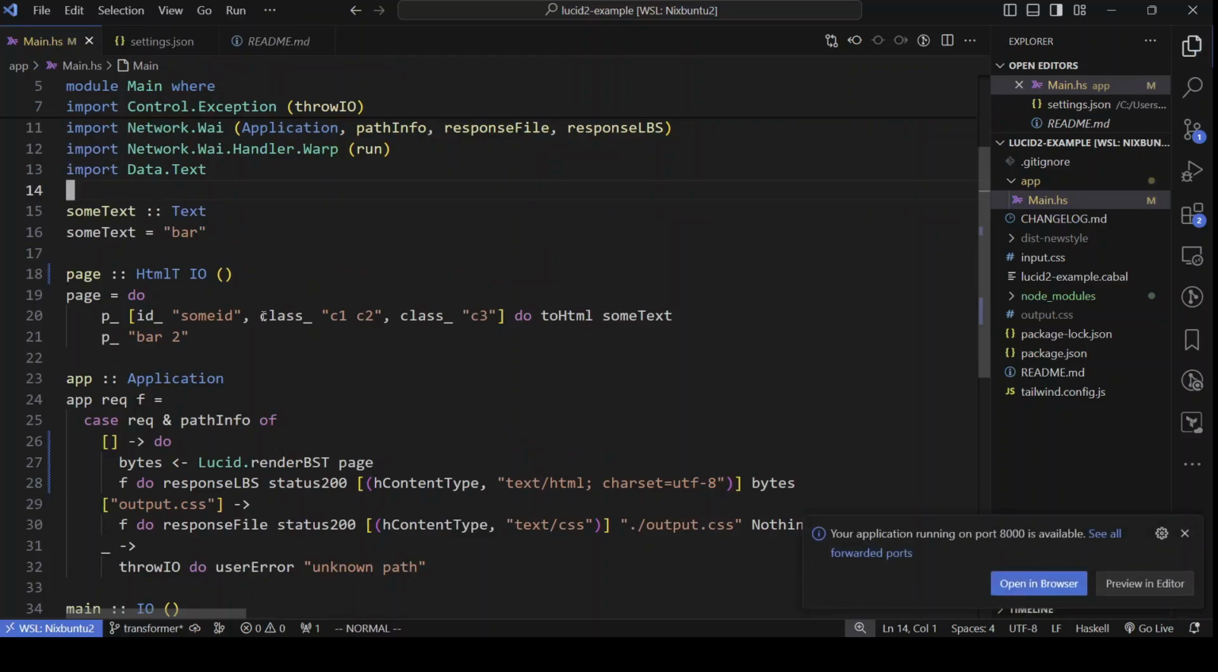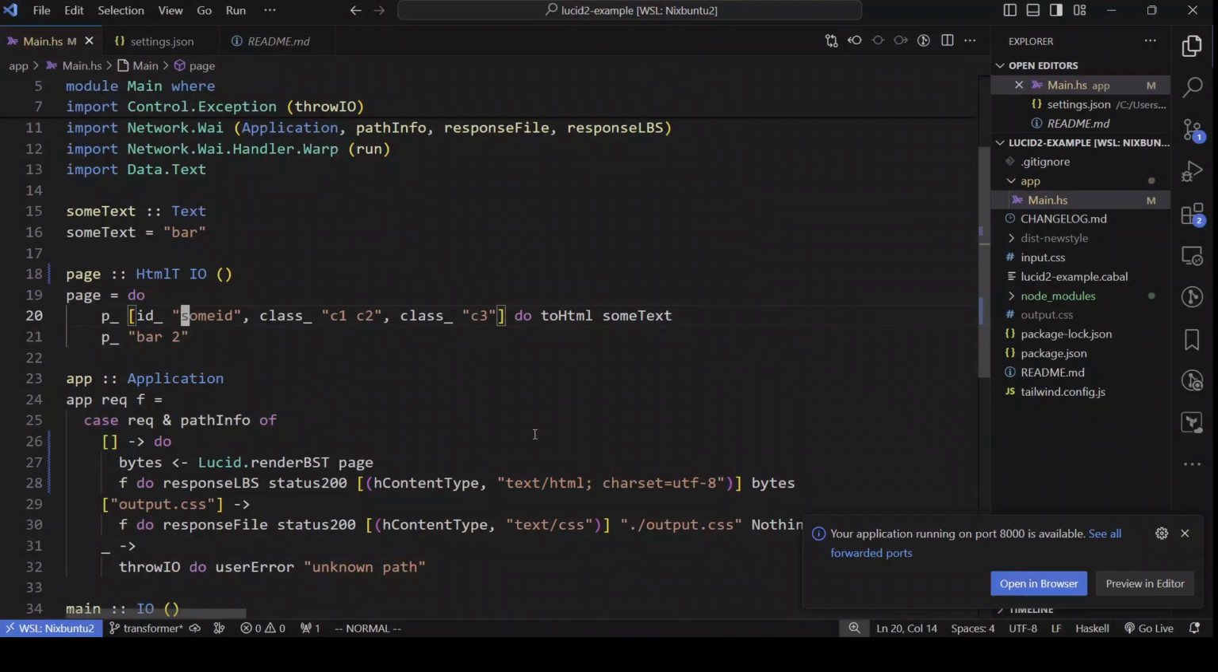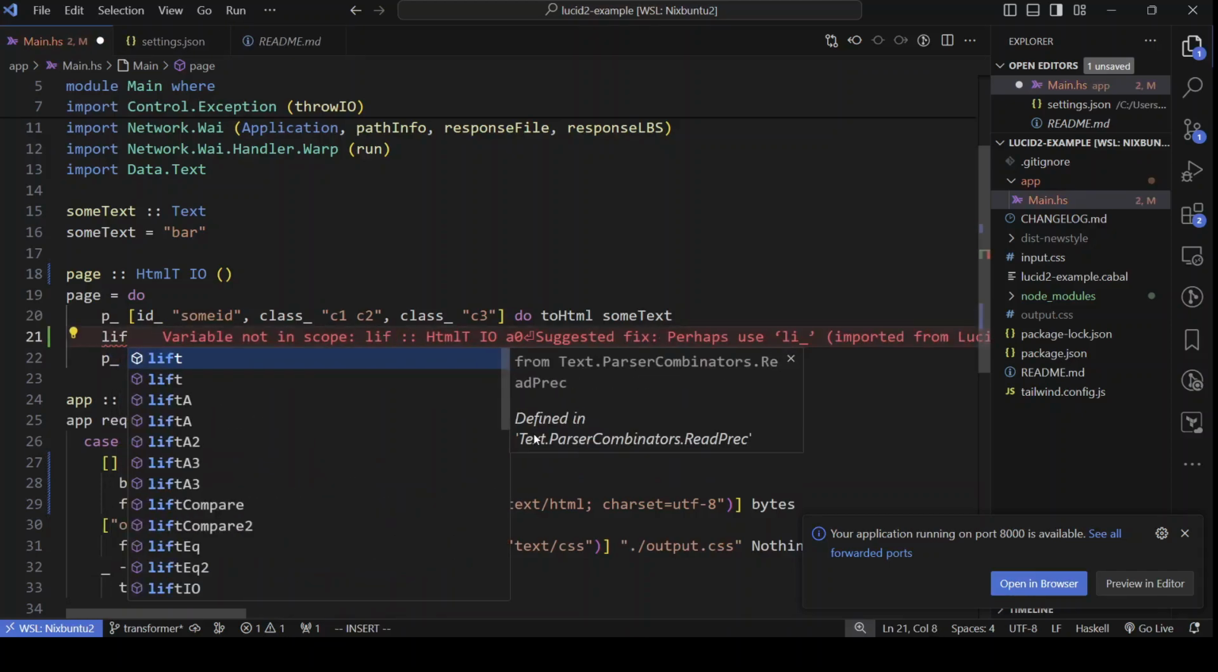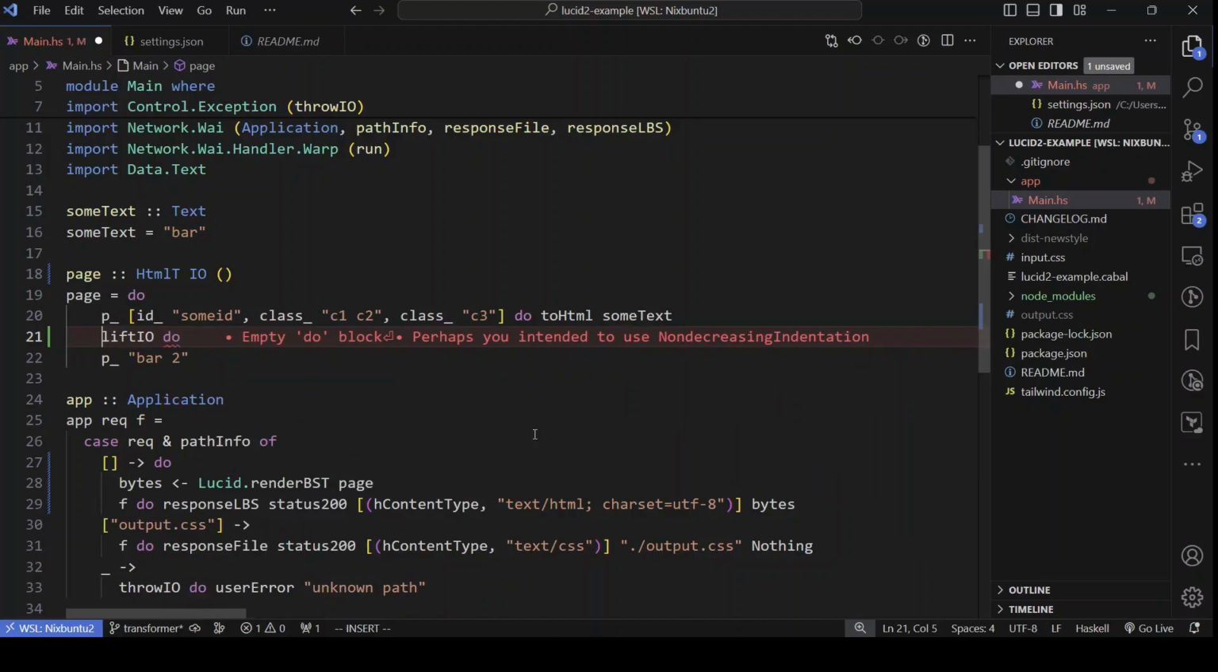And everything should work more or less the same for now. Notice that we didn't have to change anything here. So everything's the same. So we can try to, let's introduce like a liftIO here, for example,